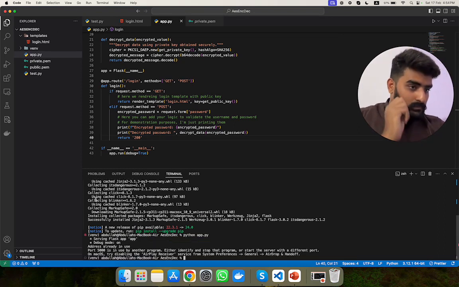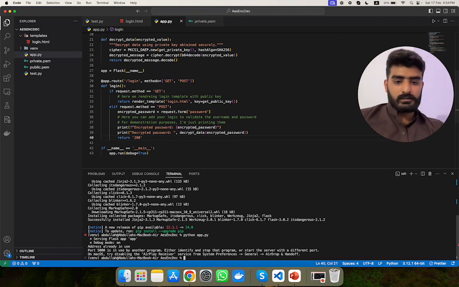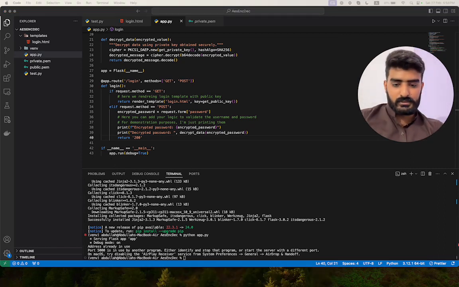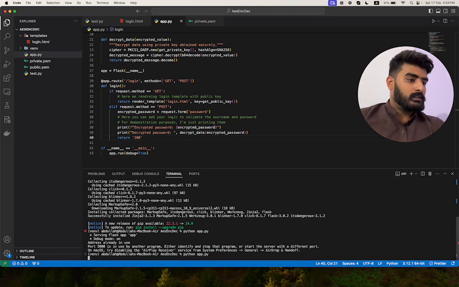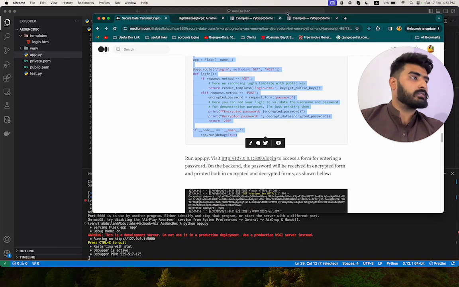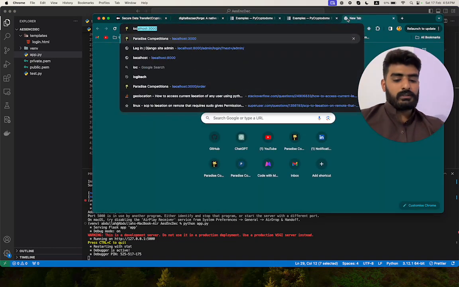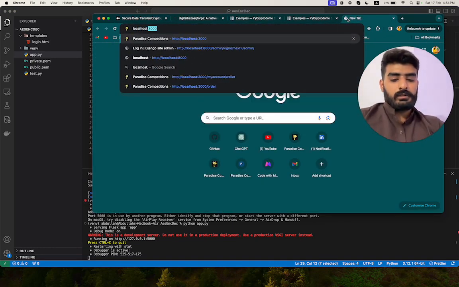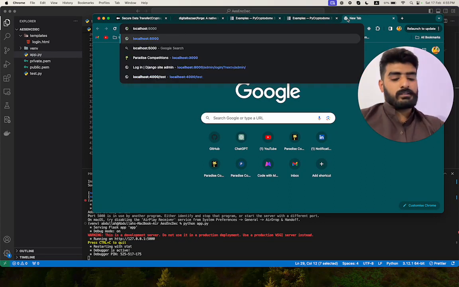Sorry, 5000 is already in use. I think it is running somewhere on my system. Let me close it. Okay, it is closed. Now it will run. Yeah, okay, so on 5000 we have our Flask app running, and this endpoint is accessible. Let's get back to the browser, and if we go to localhost 5000 slash login,